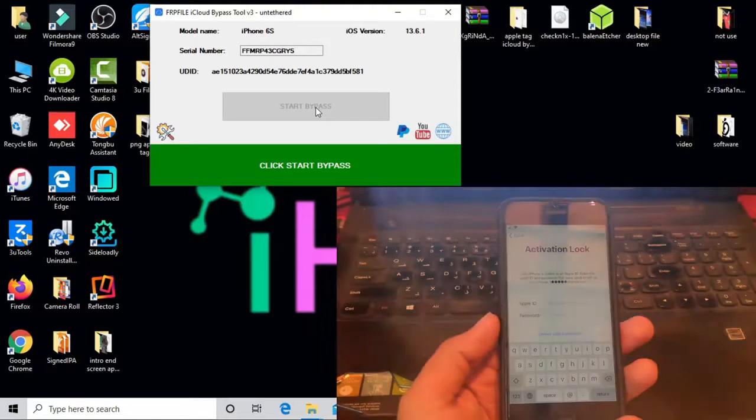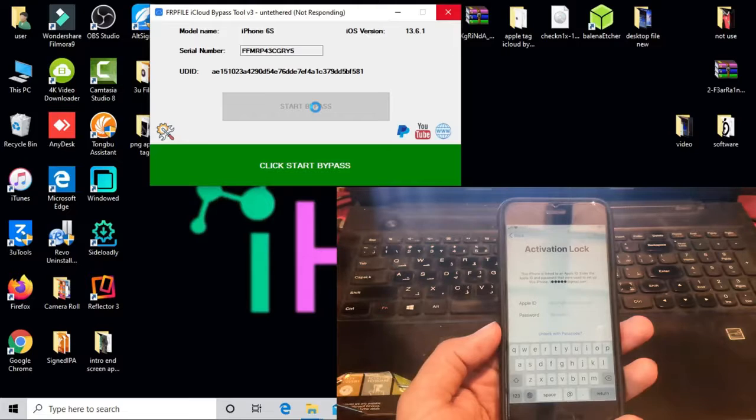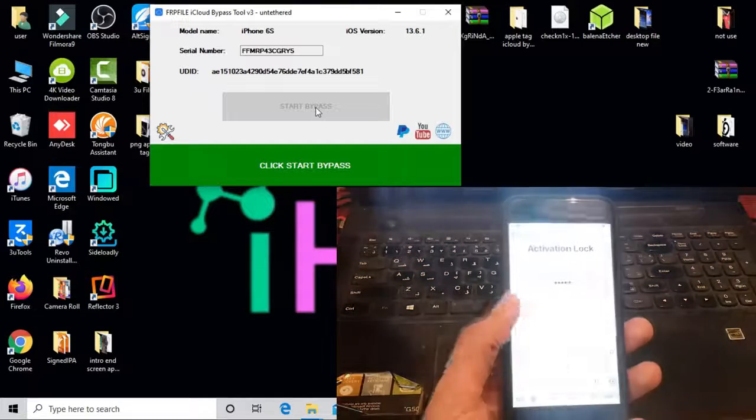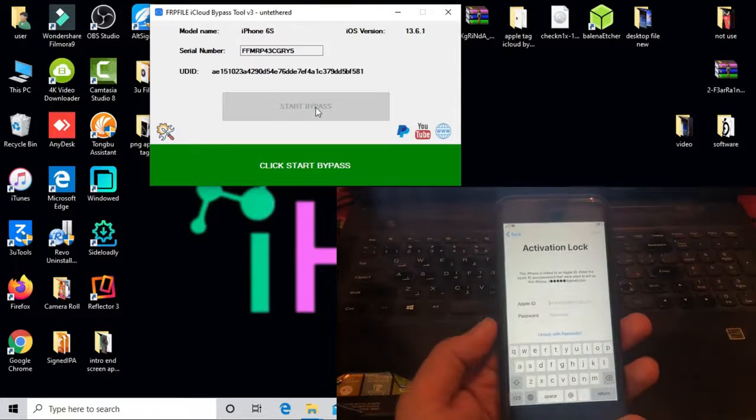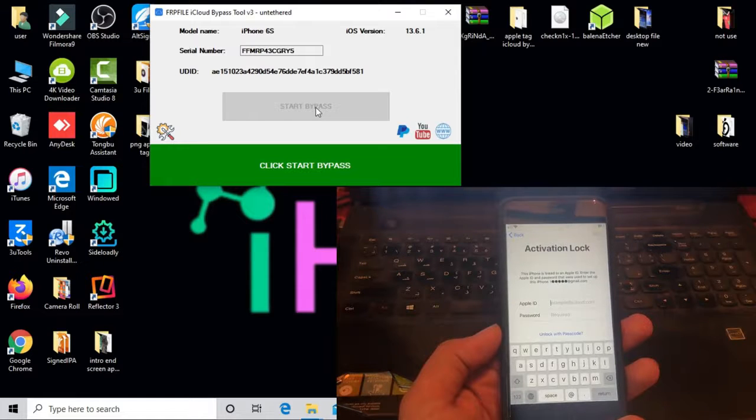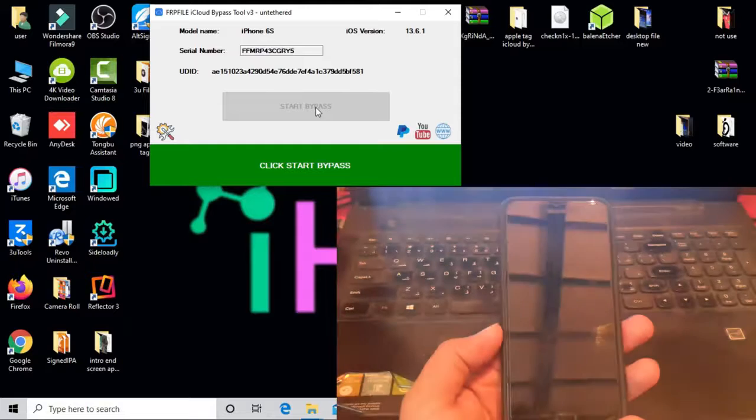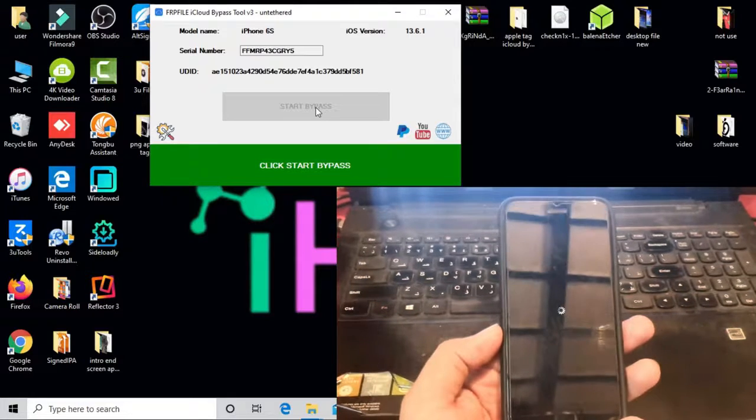Click here on bypass and wait a few seconds. Now click start and wait for the bypass. This method is a permanent bypass guys, without a SIM card. The SIM card is not working but everything else is working, you can see. Now it's restarting your device.